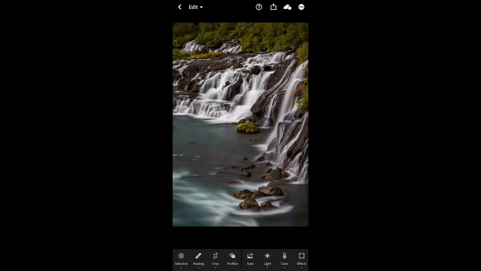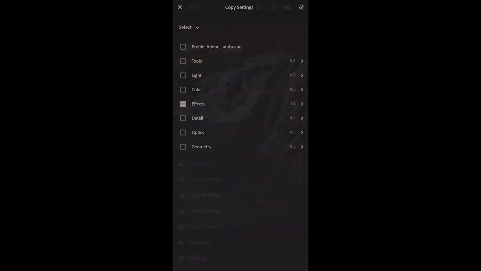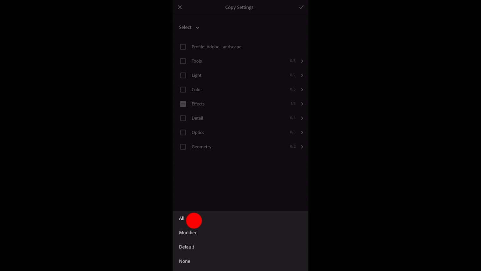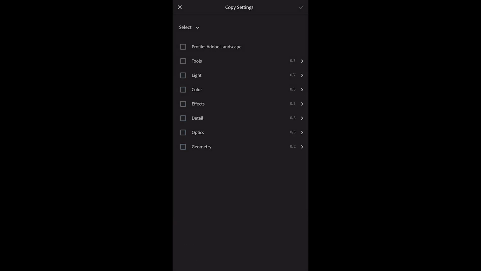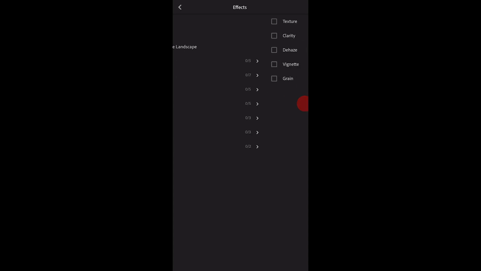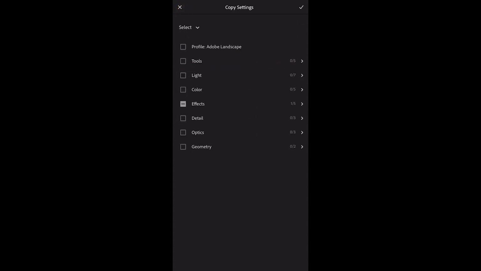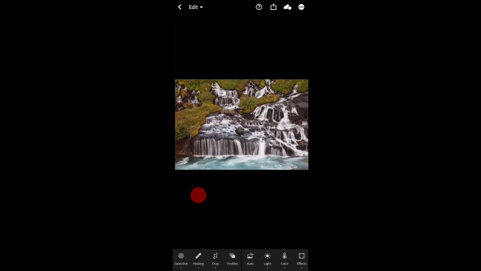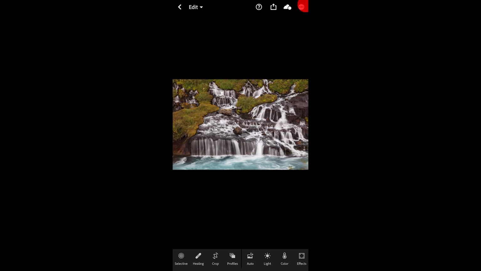I'll tap the More icon and then select Copy Settings. Now I can select from a number of different options. I can use the Select menu to quickly select all of the different settings, or we can go in and select Modified, Default, or None. That's going to be a better starting point because all I want to copy is the vignette, which is found under Effects. So I'll tap on the arrow here, choose Vignette, and then return to Copy Settings and tap the check mark. I can then move to any image, tap the More icon, and tap Paste Settings to paste that